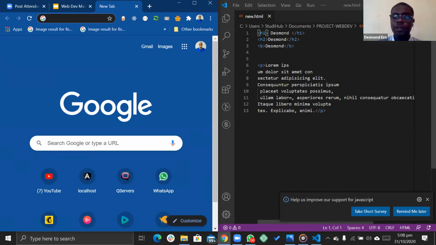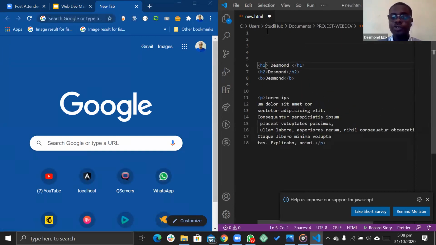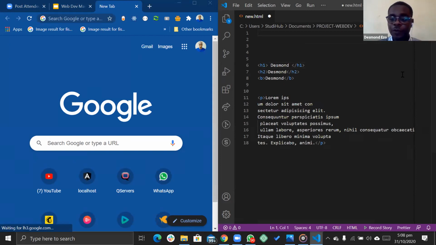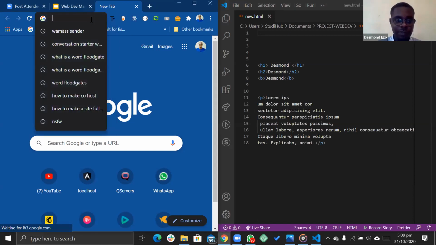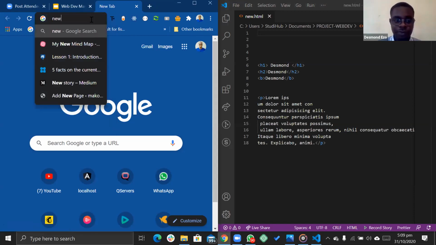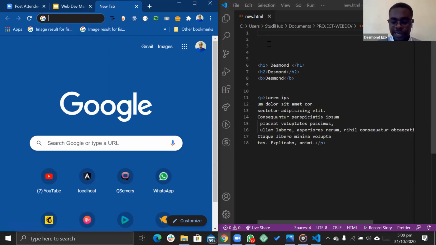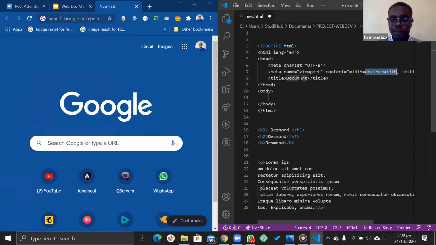Now, in order to write CSS, you must follow the structure of HTML. Remember, I said that this is not the actual way we write HTML, but the browser is going to forgive us because it's going to add the missing elements into this page. That's the reason why it's even displaying. Initially, it's not going to display. So I'm going to just add the HTML boilerplate here.